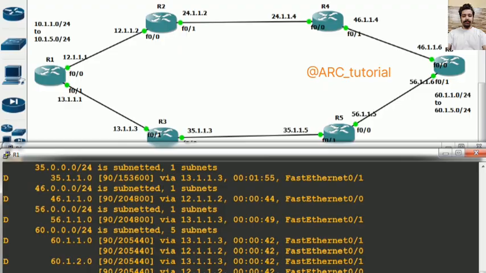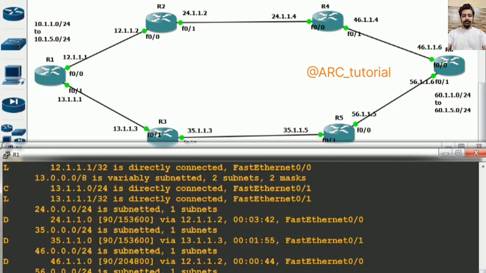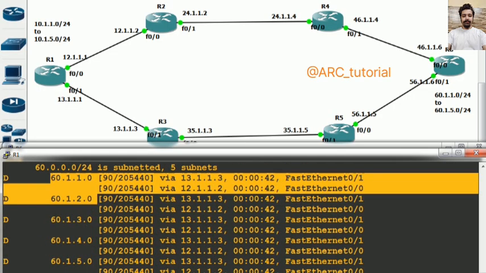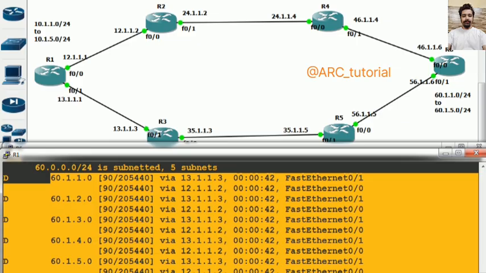It has learned all prefixes coming from there. You see the 60 prefixes. For the 60 prefixes R1 is performing equal cost load balancing. You know why? Because if R1 reaches R6 either via R2 or via R3, the metric will be the same, because the bandwidth as well as